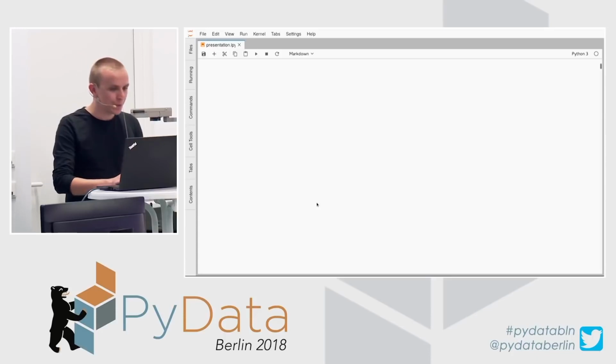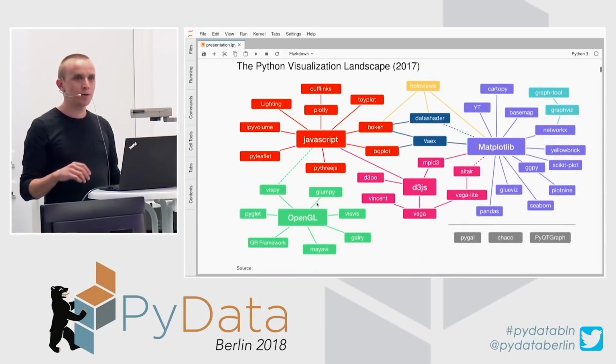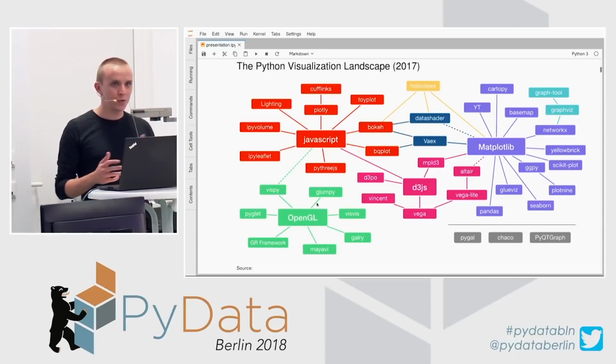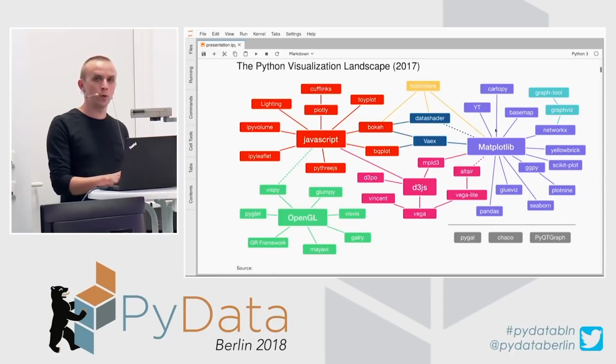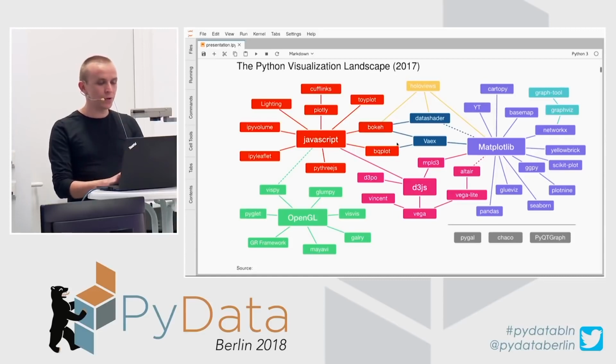But first of all, it's good to just stop for a while and look at what we have when we want to make visualizations in Python. So there are already a lot of tools, a lot of frameworks, and as you can see here on the map, they are actually clustered in different categories. If you are on the right side, there's more about using tools with an API close to Matplotlib. But in our case, we'll be looking more at the red cluster,